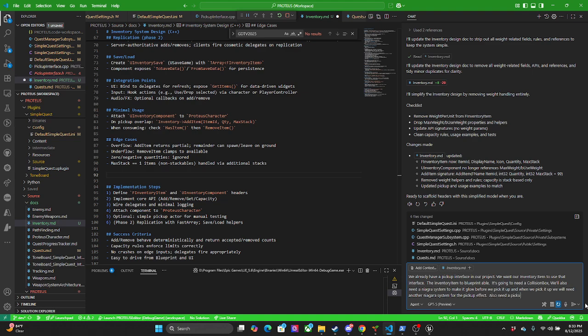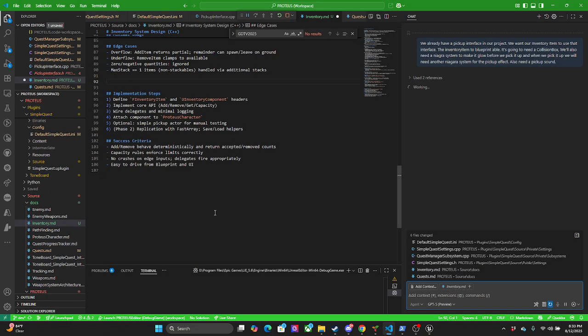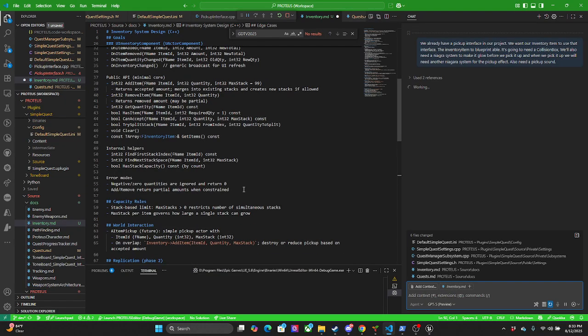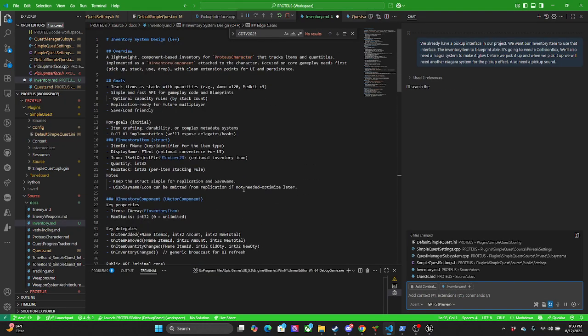Also need pickup sound. So more design, more design, more design.